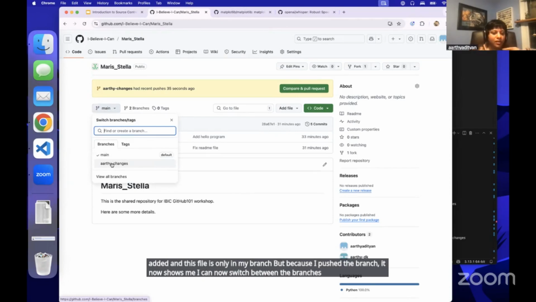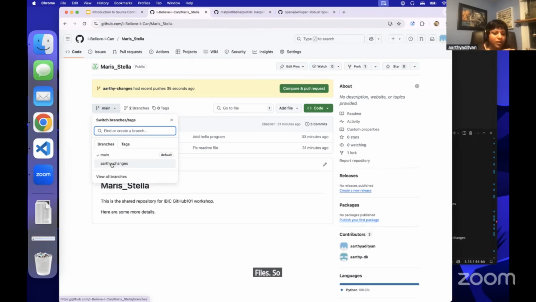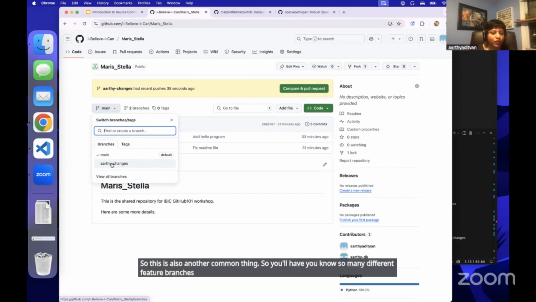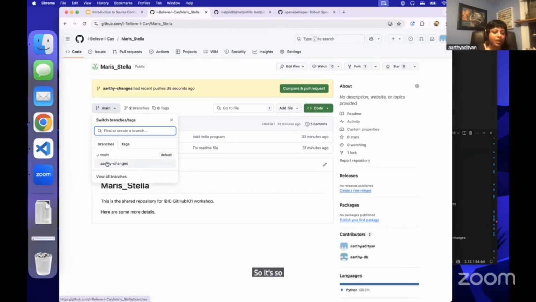So my branch was called RT-changes. So instead of when I pushed the main branch, I just did git push and it automatically pushed it to the remote. But because I want to create a new branch in the remote, I have to add these extra